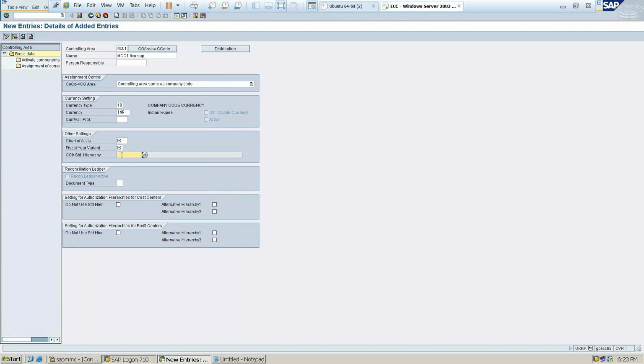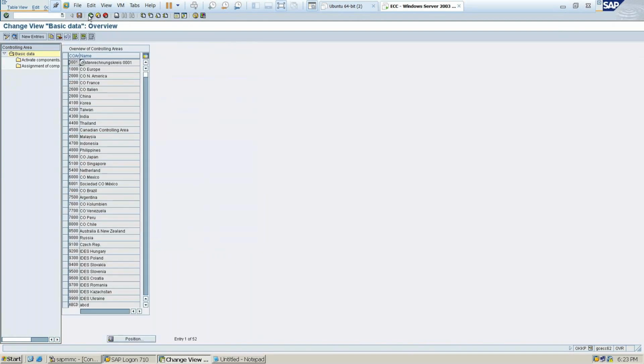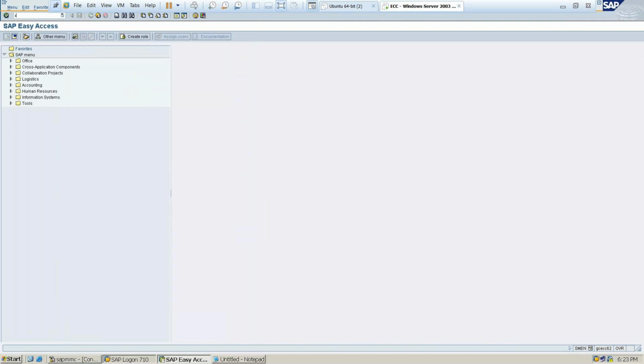For cost centers, we need to create the cost center category and cost centers, two hierarchical levels. For that hierarchy, controlling should have one code. I will give the same code as the company code itself. Before that, I should do the chart of accounts and the fiscal year variant.